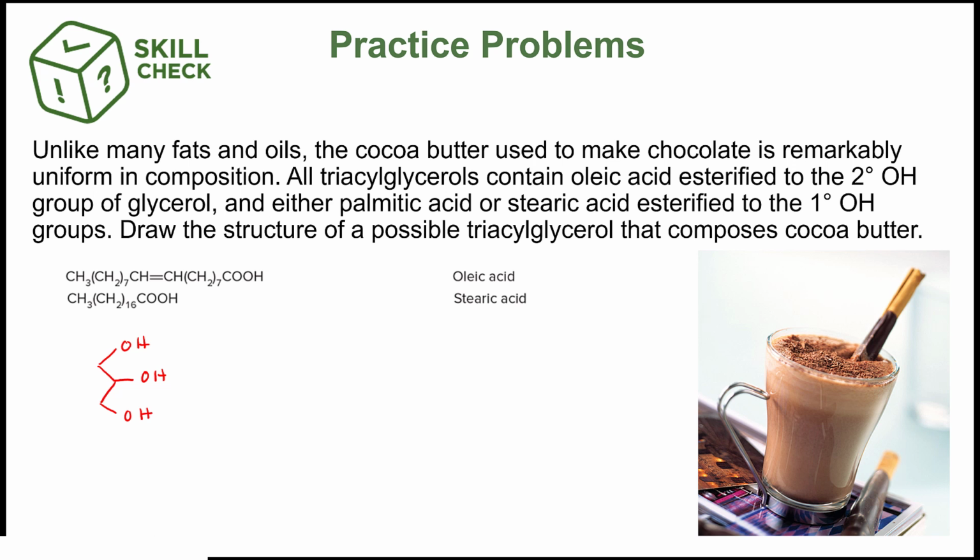And it's telling us that the oleic acid goes to the secondary alcohol, which is this guy right here. And then we can fit stearic acid or palmitic, so I just drew stearic acid here, esterified to the primary alcohol groups. So we can have it with 1 stearic and then 2 oleic acids. So these are the C double bond O groups. And that is the same here. So we'll have 2 oleic acids. And you can either draw it out or just do the same thing here. So CH2